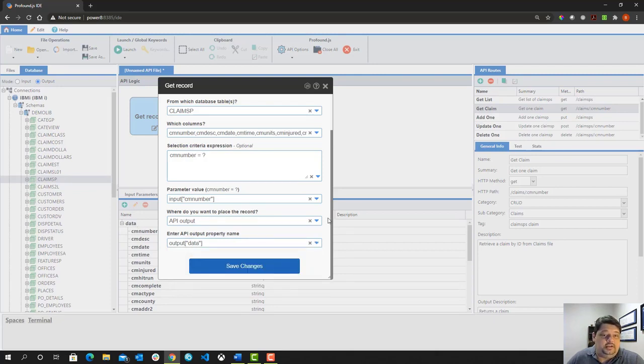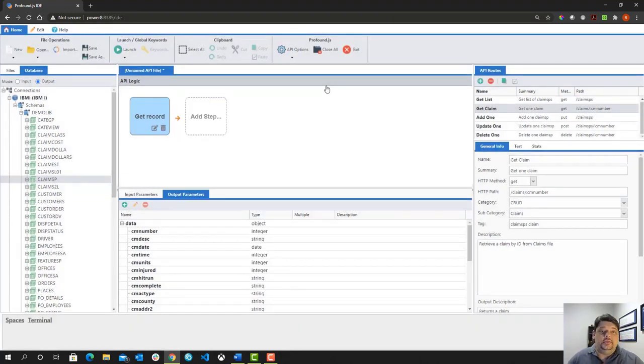And that's where all of the data is going to end up. So that's it. So this API is done, and of course all the others were generated the same way. If I wanted to make some more granular changes, we changed the description here to get claim instead of get one. If I wanted to do that in a little bit